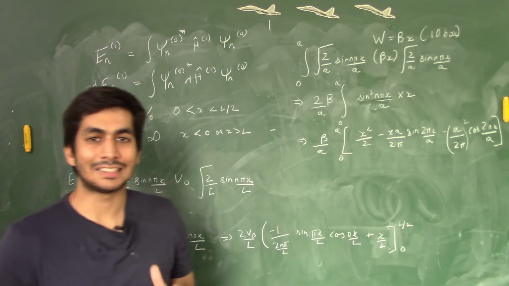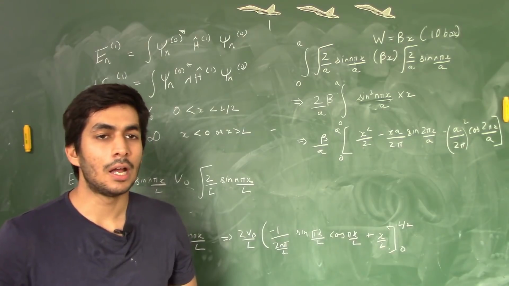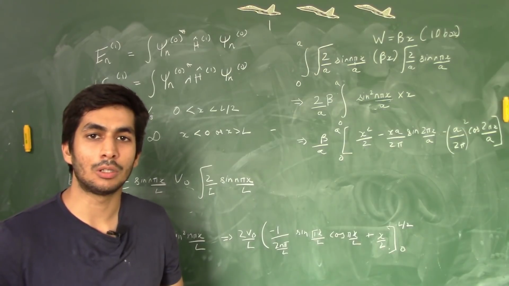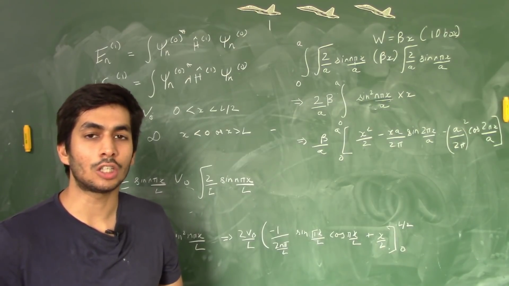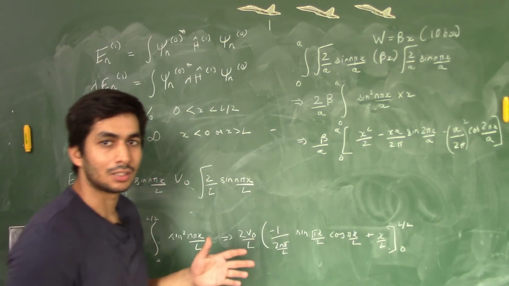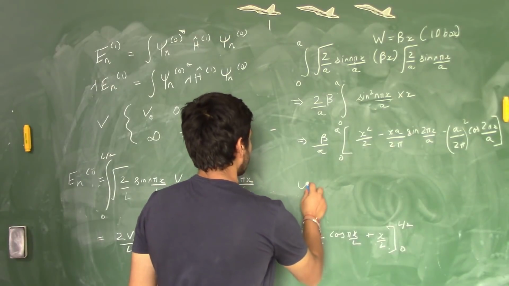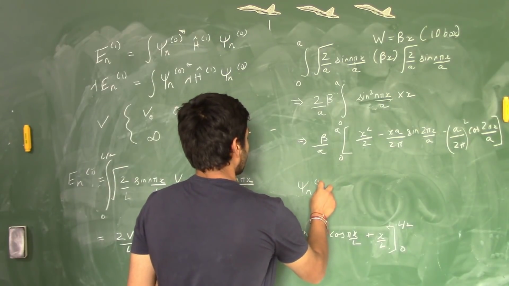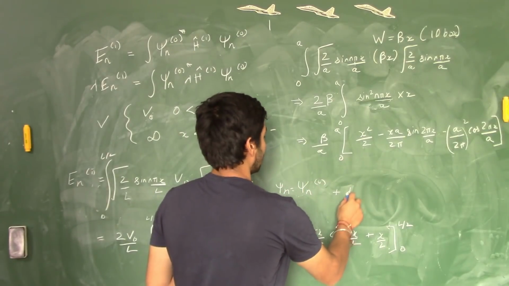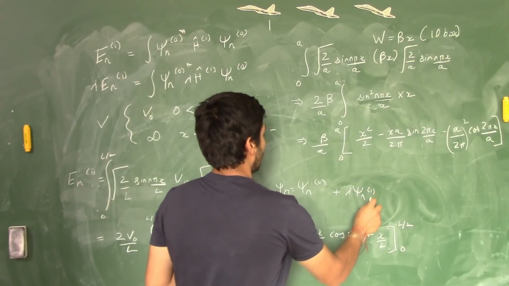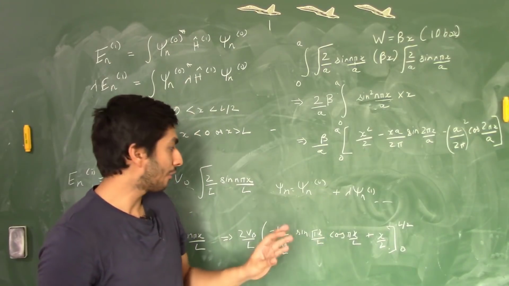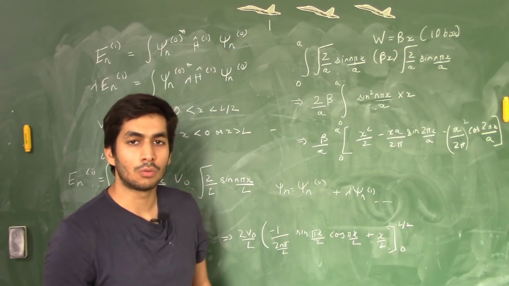Now before I come to the examples, there's one more thing I wanted to discuss. This particular derivation that we have done is only applicable to non-degenerate states. It is not applicable to degenerate states. Why am I stating that? Because when we utilize the Taylor series, the wave function psi n is equal to psi n naught plus lambda times psi n1, and so on, lambda square, lambda cube, and so forth. If, for example, I take the lambda parameter to be equal to 0,